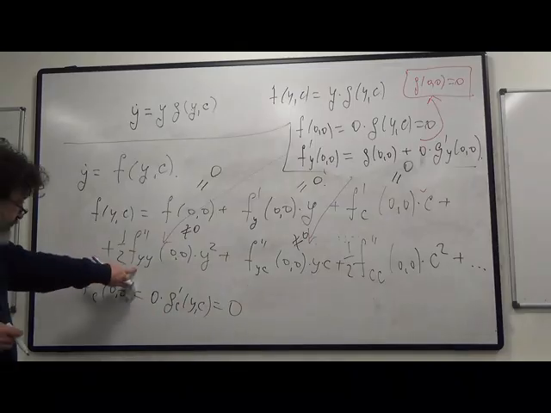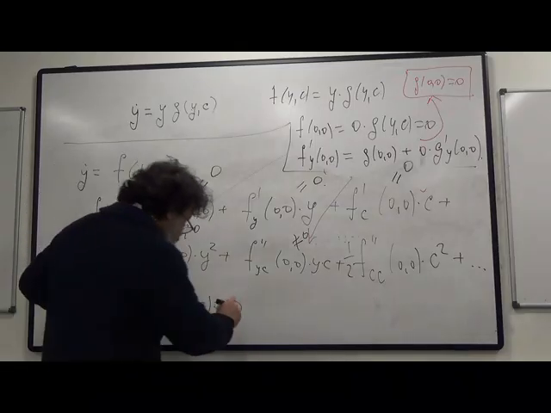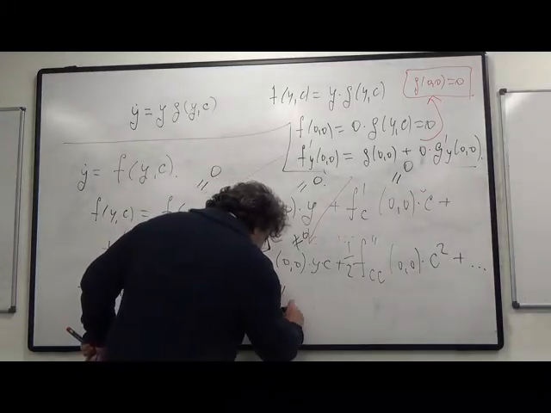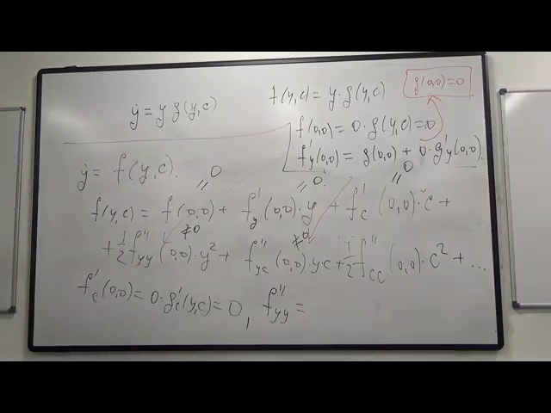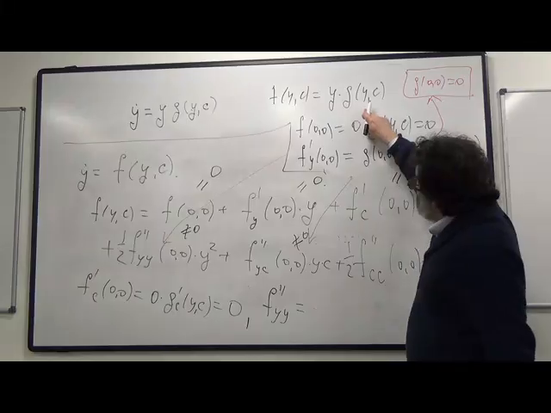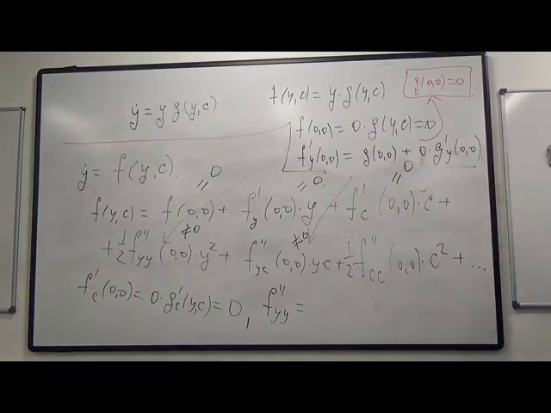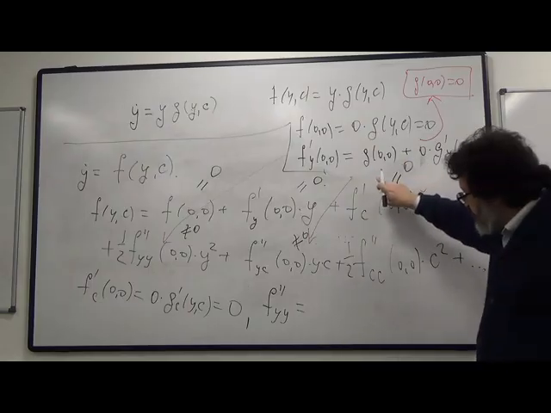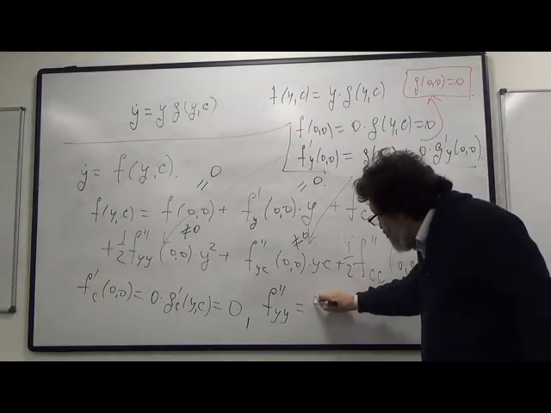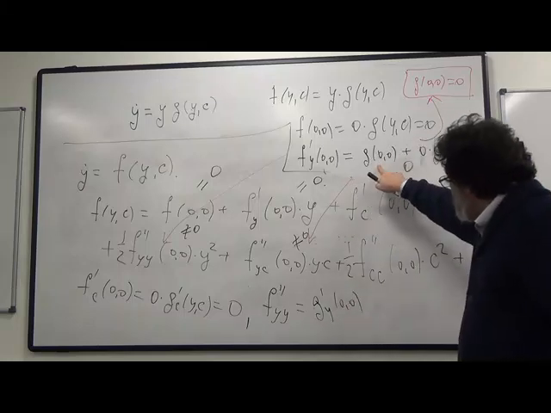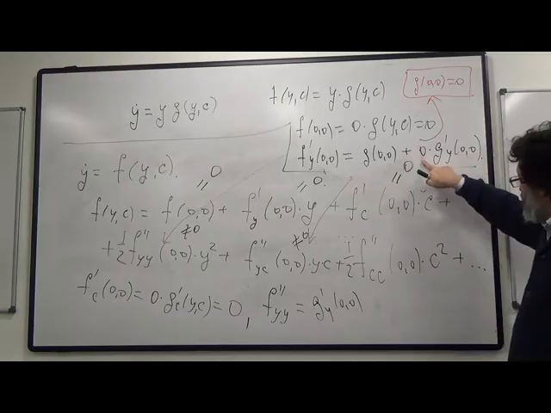Now this second derivative over y should not be 0. The second derivative over y of f will be equal to the second derivative of this guy over y. So this was the first derivative, then the second derivative will be derivative of g over y at 0, 0. It's the derivative of this over y, and here will be y